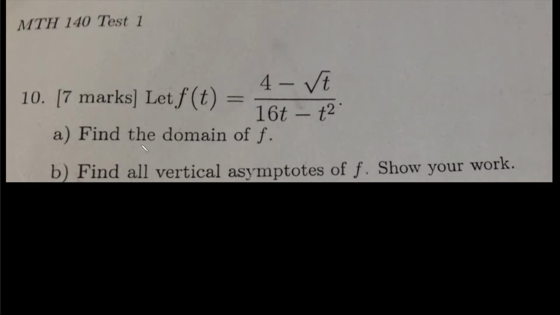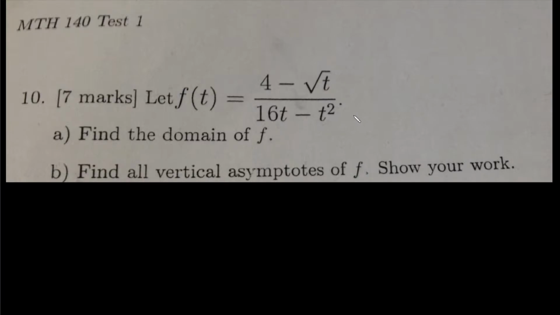Hello everyone, today we're going to be solving this question here, and this question comes from my first Calc 1 midterm from my undergrad in university. So the question is, let f of t equal 4 minus the square root of t, all divided by 16t